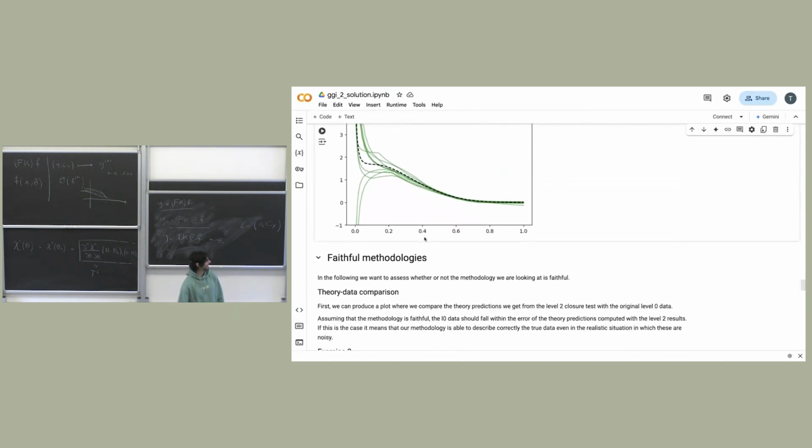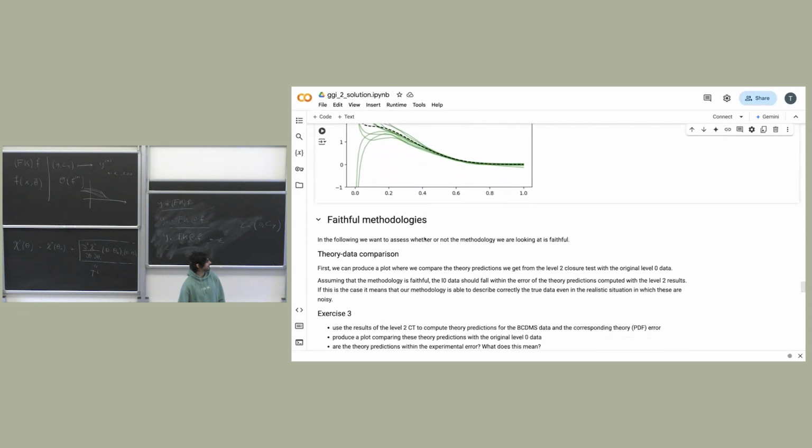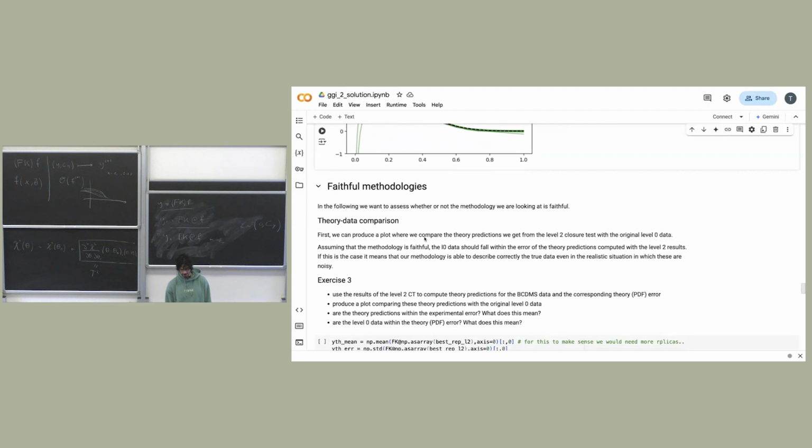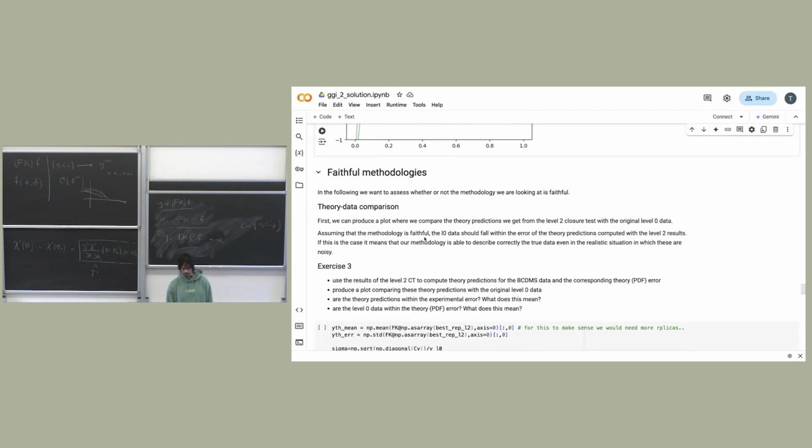So there are ways to turn these qualitative arguments into numbers and plots, which have some sense from a statistical point of view. And this is the way in which you test whether or not your methodology is faithful, meaning whether or not you're able to describe data which do not enter your analysis in the first place